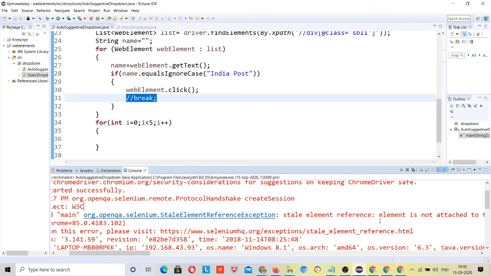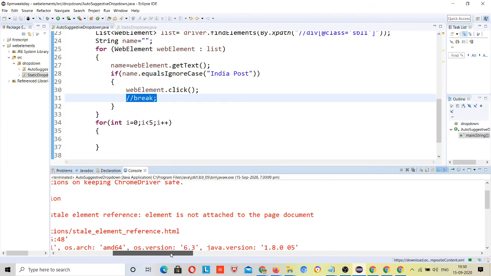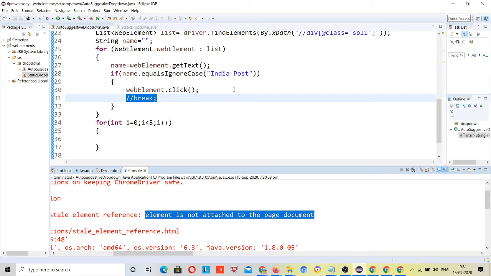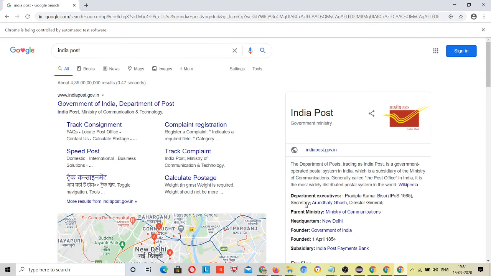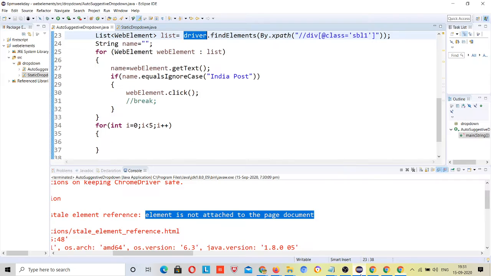What does it mean? It means everything was correct, but now these elements you have gotten in your list are not present in this page. Which page? This new one, right? So this way you can troubleshoot errors. If you are getting elements and printing them, then you should make sure that until you complete your task, you do not jump to another page. Otherwise in another page those results may not be present.